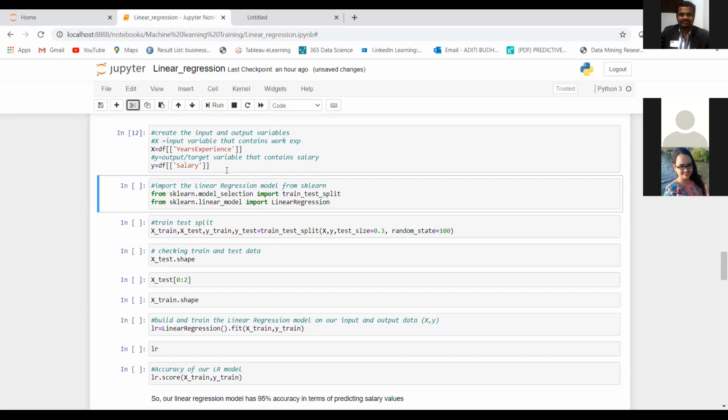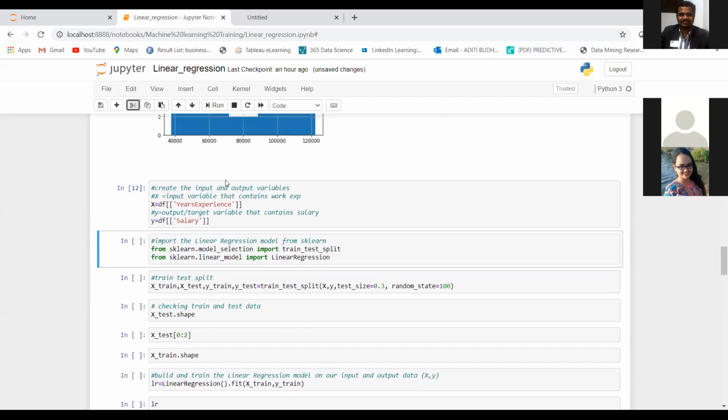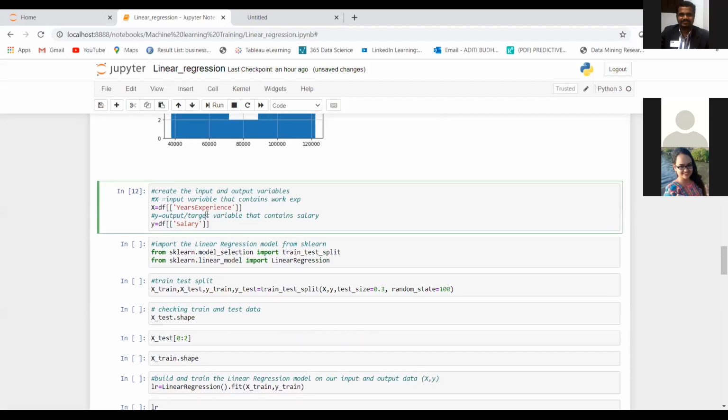Even in logistic regression you will do this, in even other algorithms that you will learn, you will be doing this step, correct? So is this understood? We have to first separate our input variables and output variables.